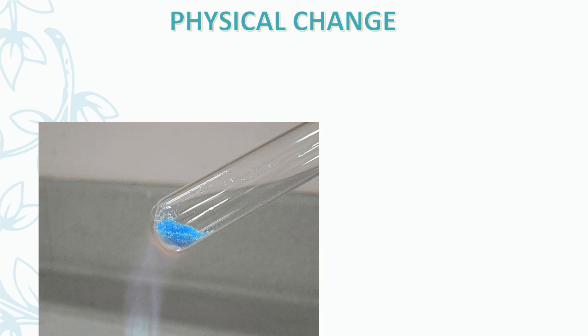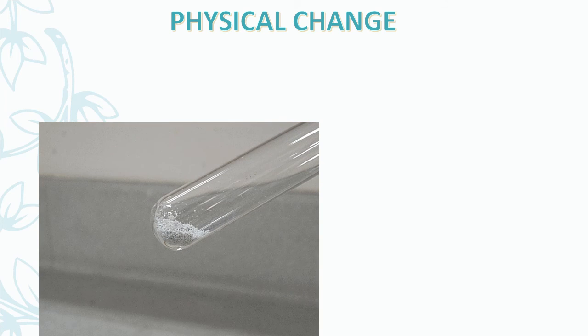You can see here a dry test tube filled with copper sulfate crystals. Now when it is heated, it is converted into white color, and you can see on top of the test tube a few water droplets. As it has been converted into a white color substance, if you add a few drops of water into it, it will convert into the blue color again. So this is a physical change because we are getting back the things as they were.